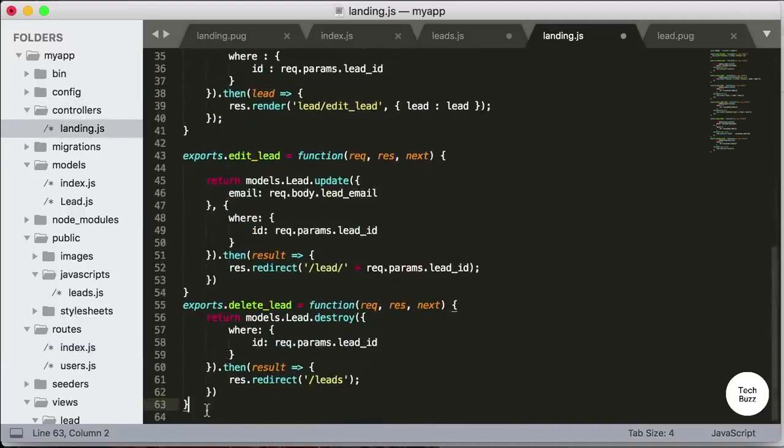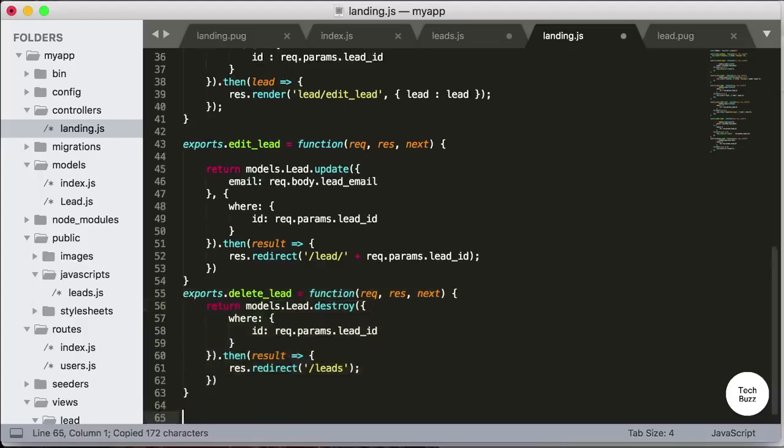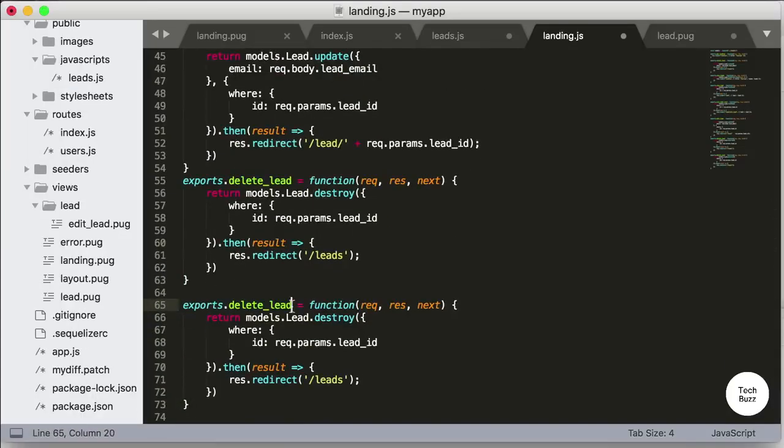We're going to copy the delete lead handler we created previously, and we're going to name it as delete lead_json. We're still going to destroy a lead using the request parameter lead id, but then after that, instead of redirecting to the /leads route, we're going to send back a JSON object, and we will do that by typing res.send, defining a key MSG with the value success. Now let's save this file and go to